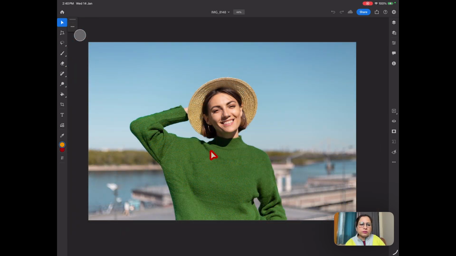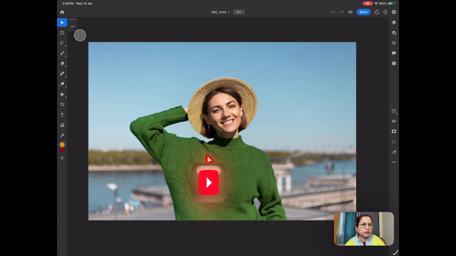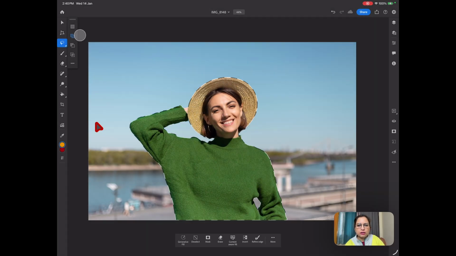So this is the image that I have opened through the Files app, and let's select the subject by going into the selection mode and picking a method. In this case I will take this select subject method because the subject is separated from the background. The background is a little blurry in this case, so let's select the subject and it will cleanly select the